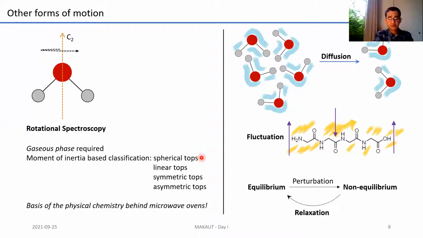However, an interesting point with respect to rotational spectroscopy is that it is essentially the basis behind microwave ovens, because rotational energy states are so spaced that microwave energy can help do a transfer from one state to another. So when you're heating your food up in a microwave, you're essentially taking the molecules to higher rotational energy levels. And because of dissipation, you're having heat generated in the food, and that's the way.